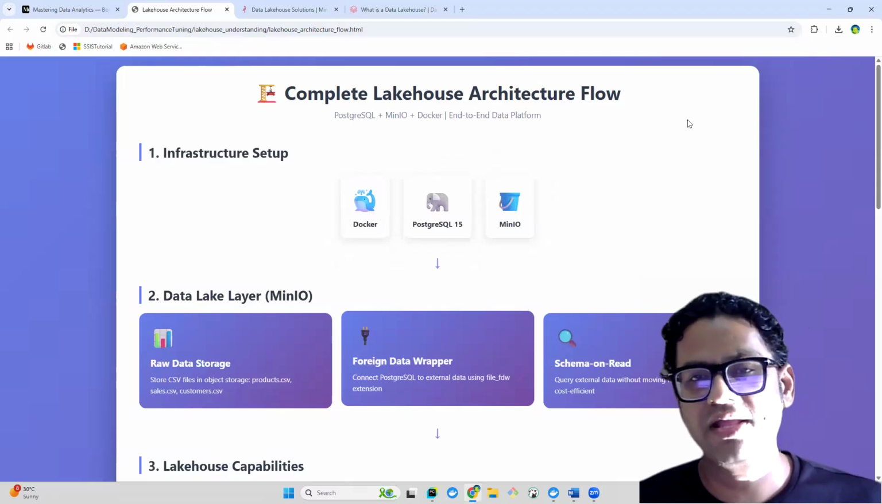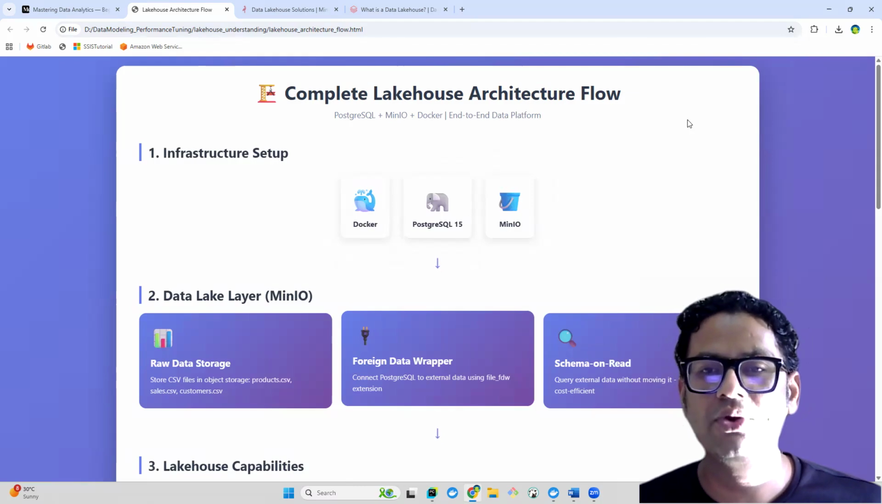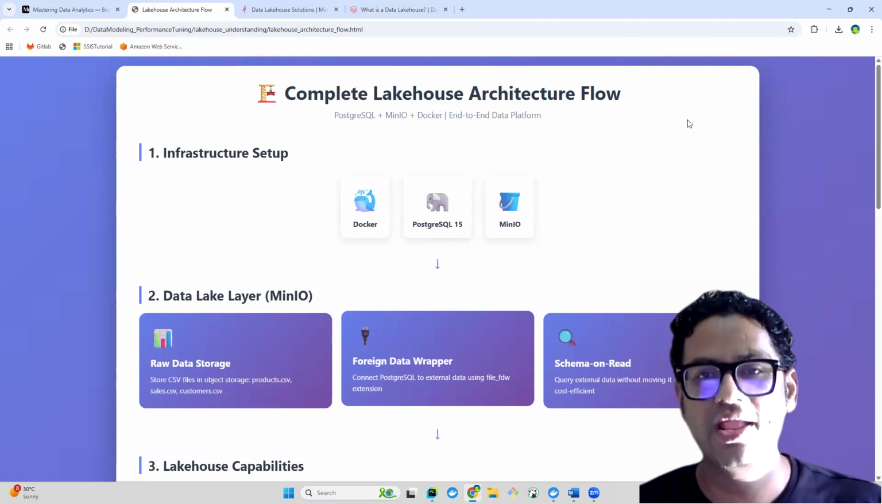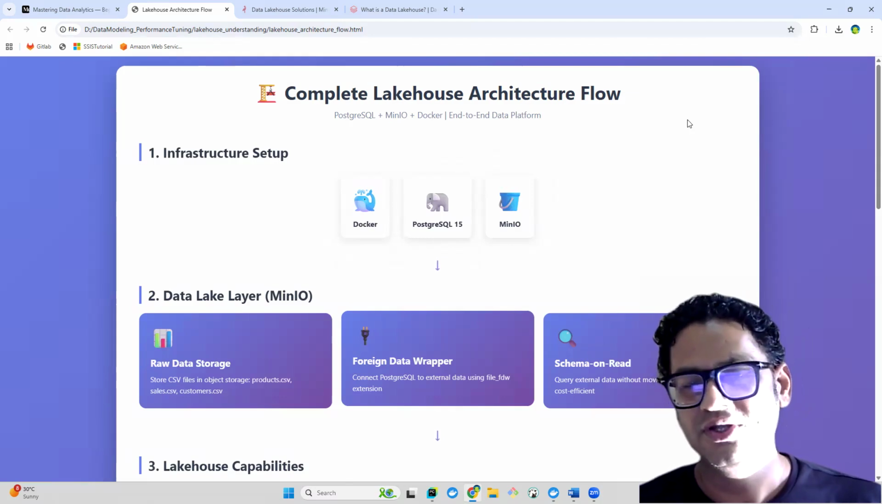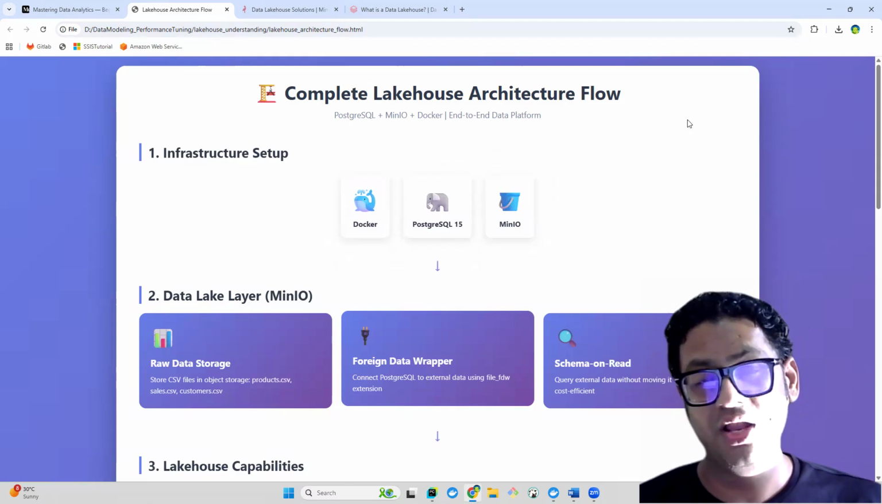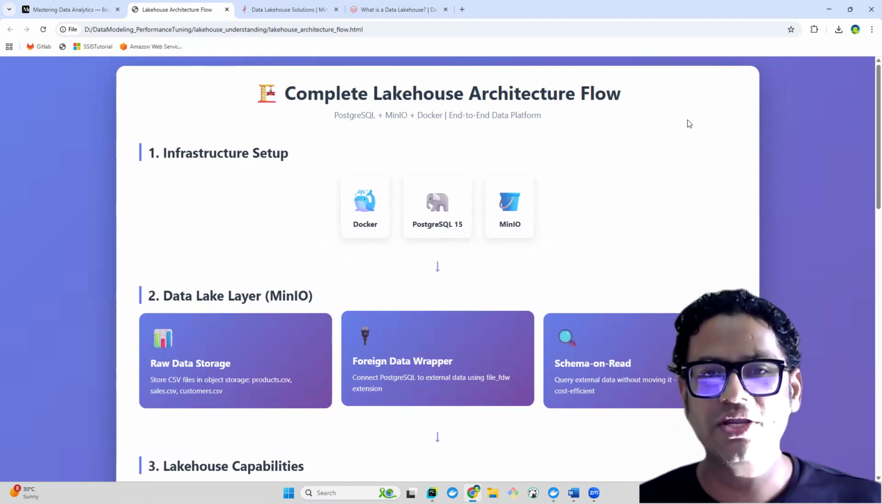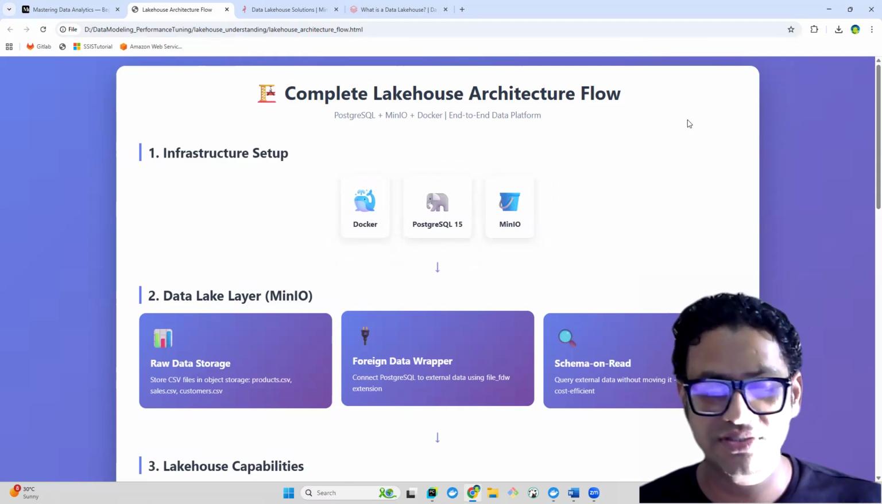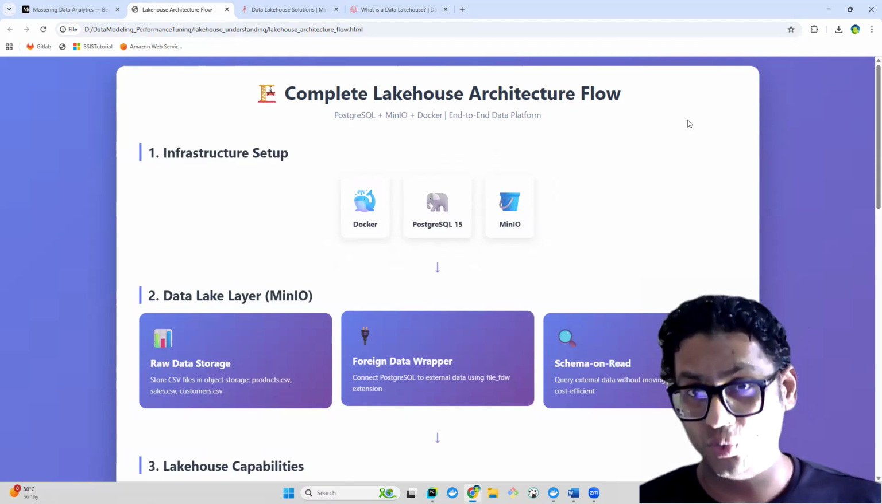Hello everyone and welcome back to another video where I'm going to cover a very fundamental concept of a data analytics platform, which is known as Lakehouse. You guys would have heard this word a lot, right? And I just wanted to understand, by going into the depth of this architecture, how this actually works,